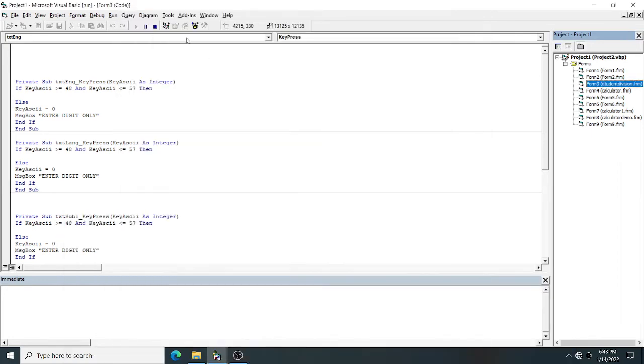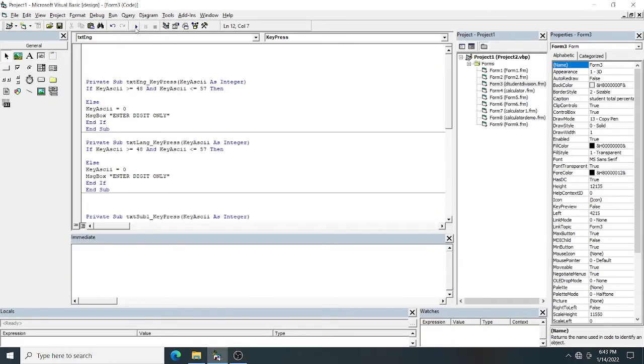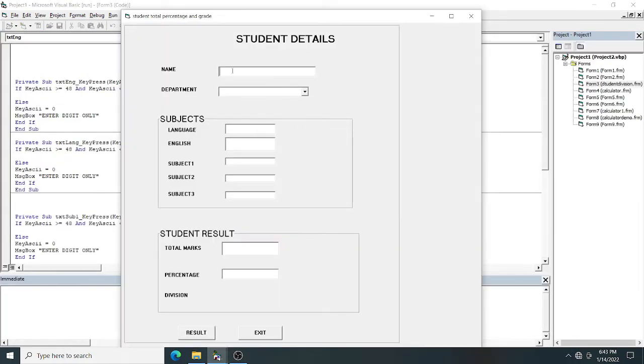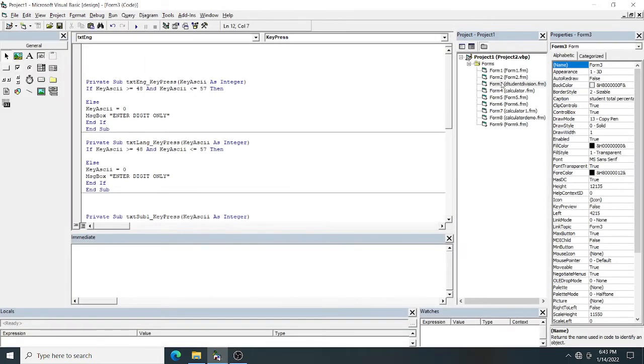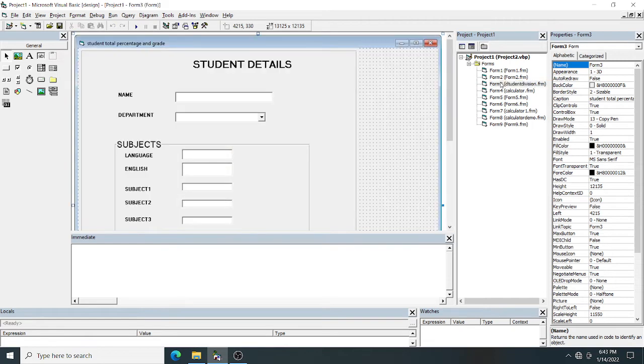Let's do the form validation part for the name. Here, suppose the name should not contain any digit, it should contain uppercase or lowercase letters, but it is taking digits. So we should validate the name field. How to do validation of the name field, you see now. I will go here.